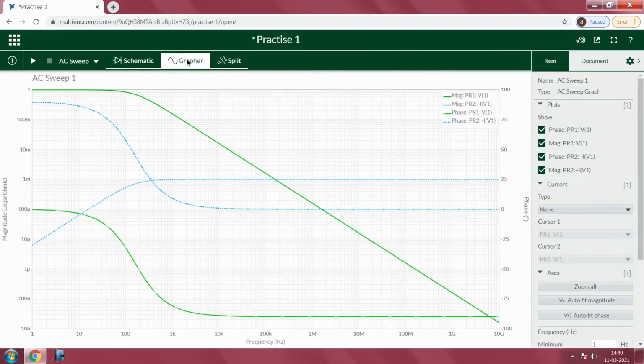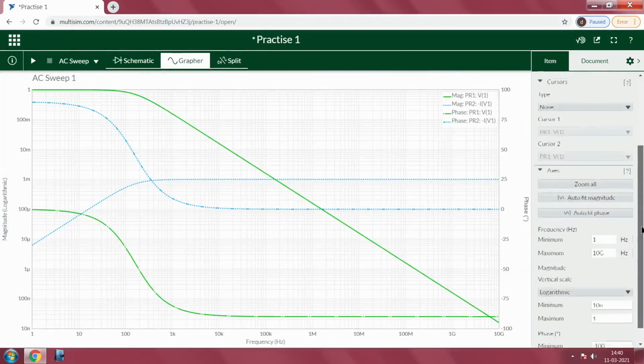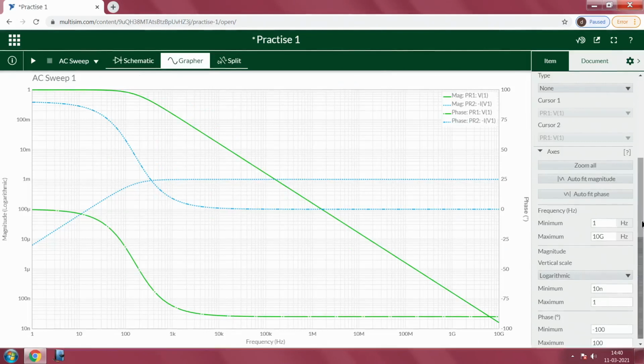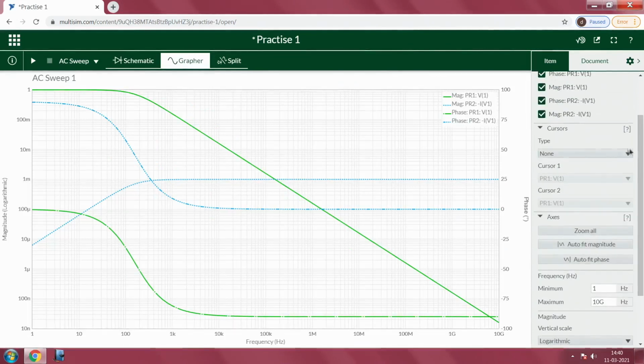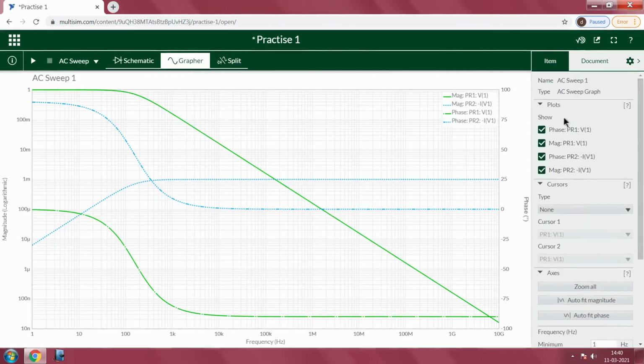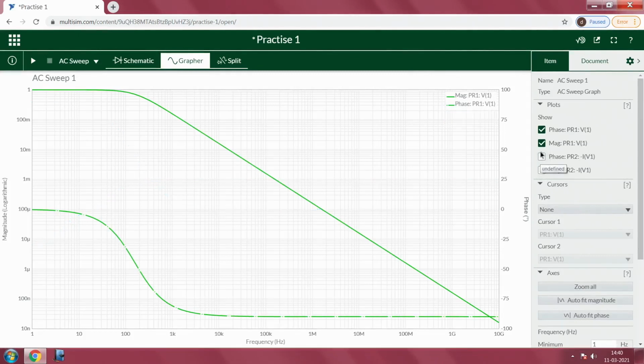In order to disable PR2, simply go to the settings window of the grapher. Here we can see the cursors and the plots to be visible on the screen. So, I am deselecting the magnitude and phase of PR1, and plotting only the magnitude of PR1. Sorry, disabling the PR2 graphs and enabling only the magnitude of PR1.